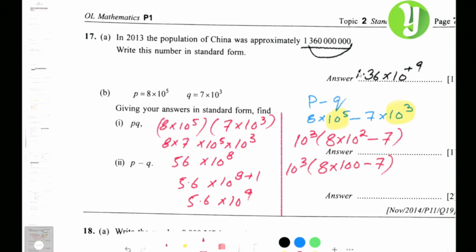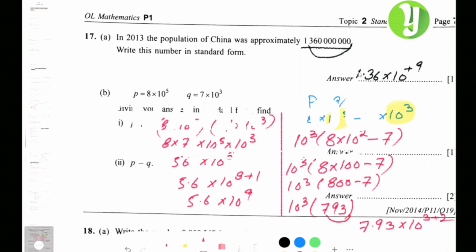minus 7. So if I multiply 8 by 100, it's 800 minus 7. So 800 minus 7, it's 793. Okay, so if I convert the decimal over there, it's like 7.93 times 10 power of, we have to move two numbers, so 3 was already there, 2 we can move more, so it's 7.93 and the 10